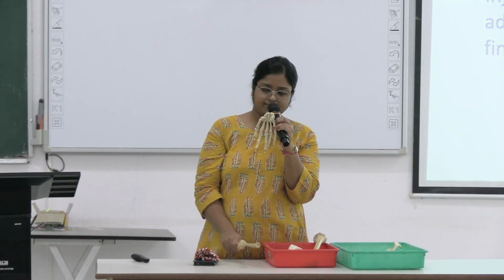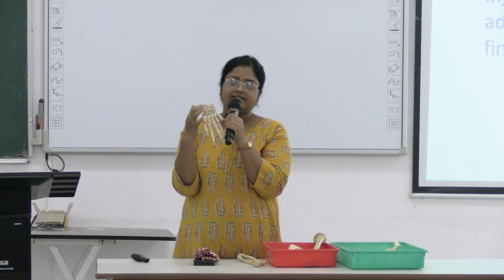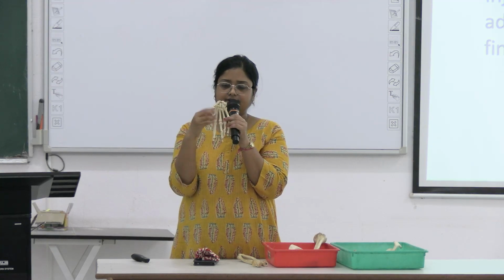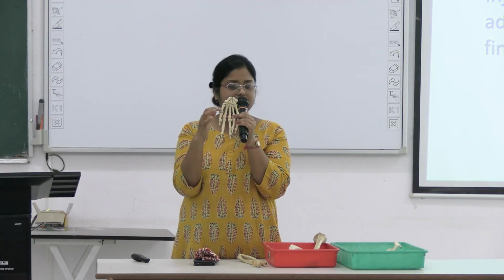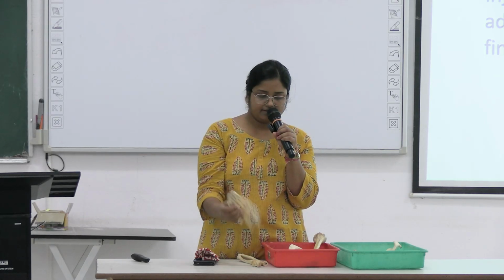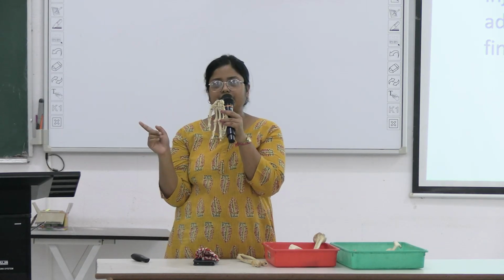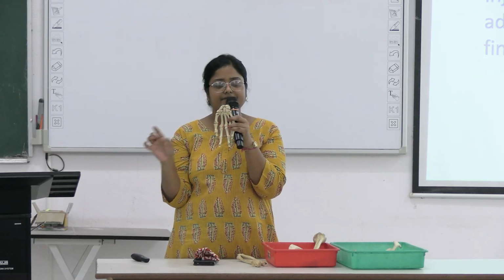And one important saddle joint is present between the trapezium and the first metacarpal. It is a saddle type of synovial joint, the first carpometacarpal joint. So you can identify the bone. Identification is very, very important. You will be asked in your bones viva.